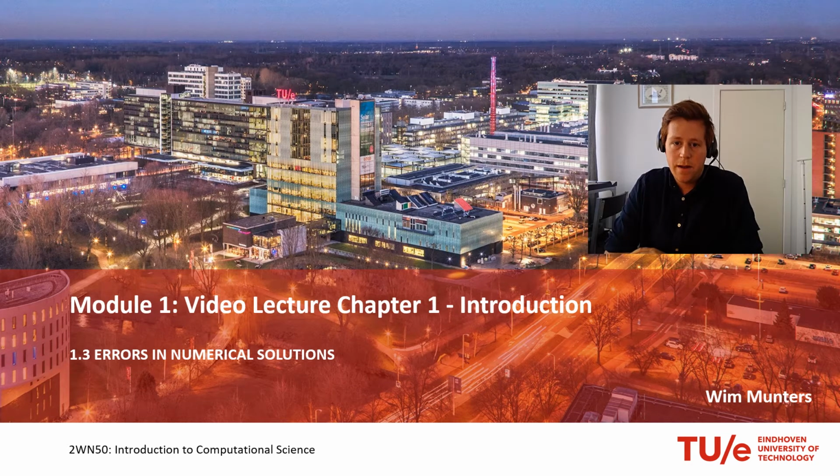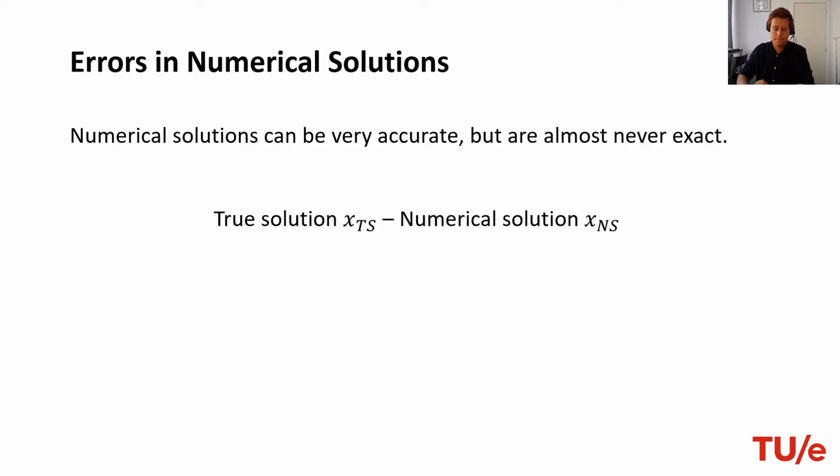In this video, I will discuss the presence of errors in numerical solutions and talk about different kinds of errors and their origin. As we already said, numerical solutions can be very accurate, but are almost never exact. So this means that if we compute the difference between the true solution x subscript ts and the numerical solution x subscript ns, we will almost always get a non-zero error or a total error, which we will denote as